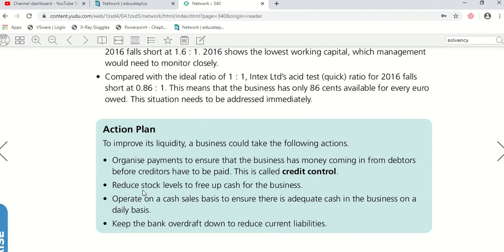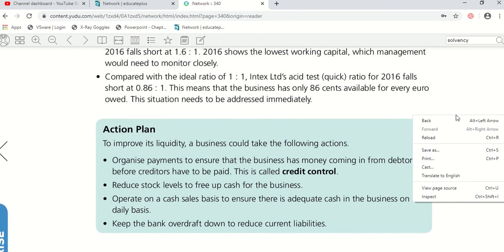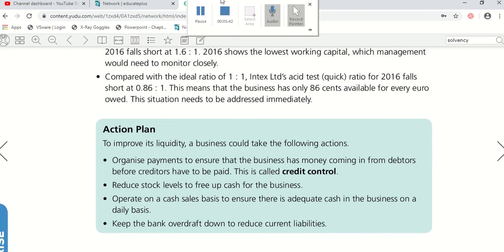Reduce stock, because remember that's very difficult to convert to cash, so free up cash to be able to use. Try and get rid of some of the stock. Have cash available, so don't sell on credit. Make sure people are paying as much as possible by cash, to keep the business operating on a day-to-day basis. And keep the overdraft down to a minimum, because that is a liability, remember. So try and keep money available to pay debts. That's the action plan, or what they can do. I'm going to stop that video now and look at some questions in the next